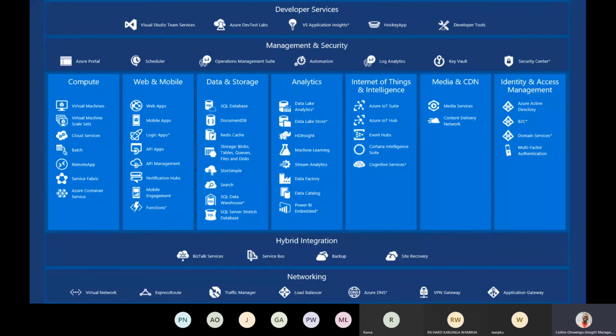ExpressRoute is part of the offering of connections: if you want to connect to the Azure data centers directly, ExpressRoute provides that service. Traffic Manager helps manage how traffic is routed to your application. In a scenario where you have multiple deployments within several regions, this helps you redistribute your workload based on availability and closeness to your end user.